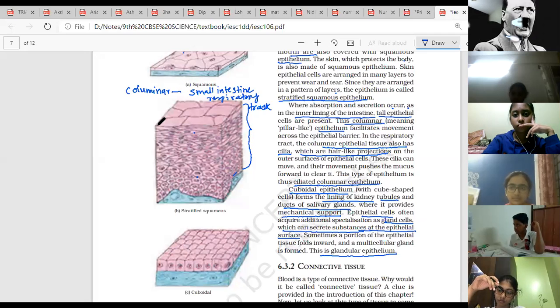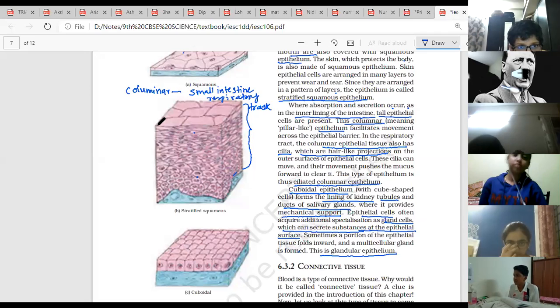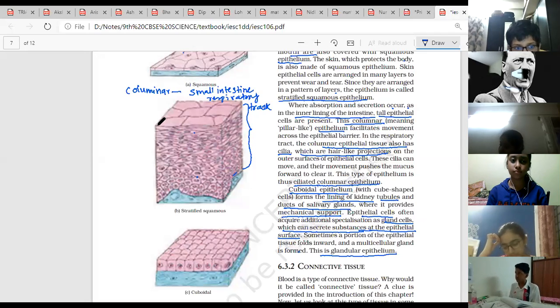First one, depending on a matrix it is. Fluid connective tissues, that is, examples of fluid connective tissues: blood and lymph. White blood cells will come under blood only. Blood is one tissue. Lymph is another tissue. These are fluid, so their matrix is fluid matrix.